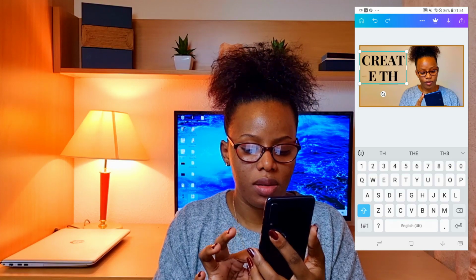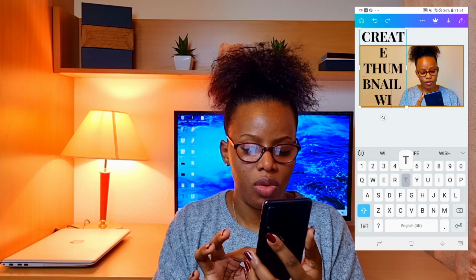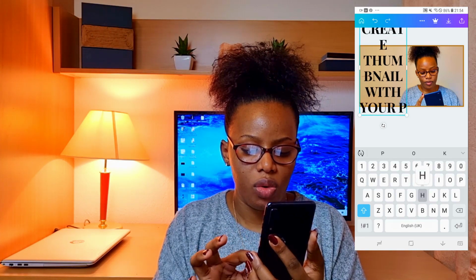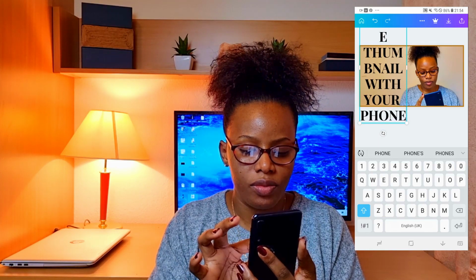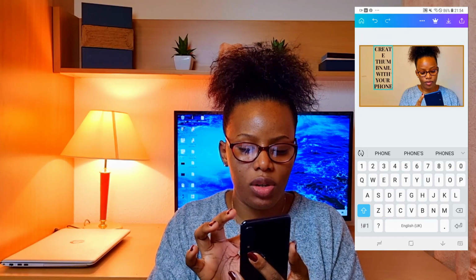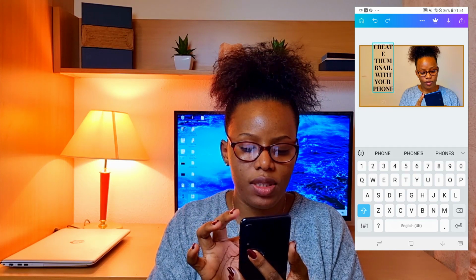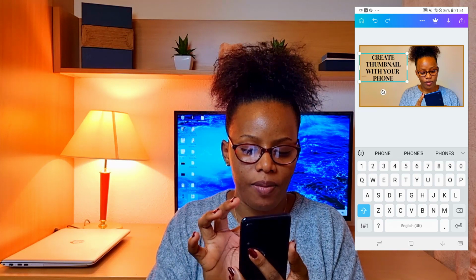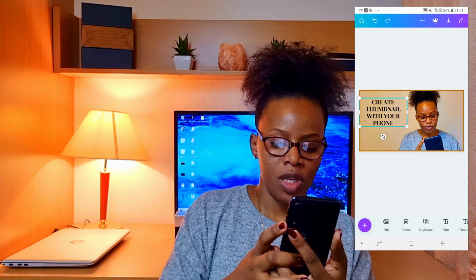Create thumbnail with your phone. Now I told you, you can always reduce this text size. You don't have to worry about that. Okay, so now